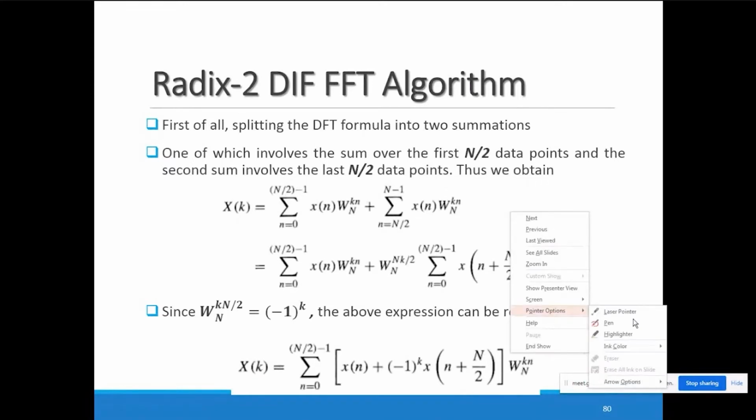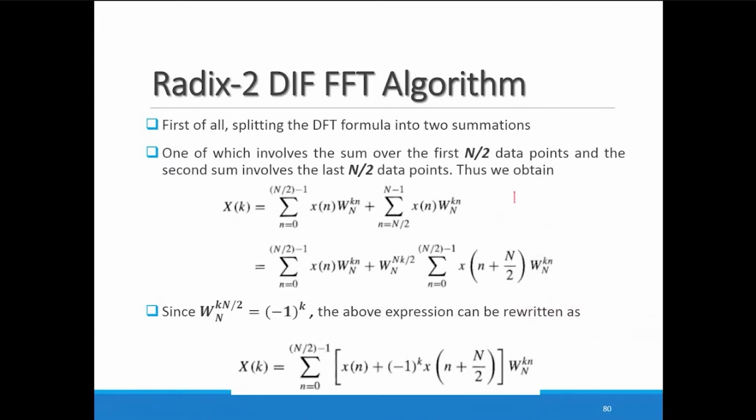So the total range, if I'm talking about the total range, is nothing but we are splitting this N into two parts. The first split is 0 to N by 2 minus 1. And the second split is N by 2 to the last value, that is N minus 1. So here the first value is 0. We start with this and go up to N minus 1. So that is 0 to N minus 1, but divided into two equal parts: 0 to N by 2 minus 1, and second, N by 2 to N minus 1.